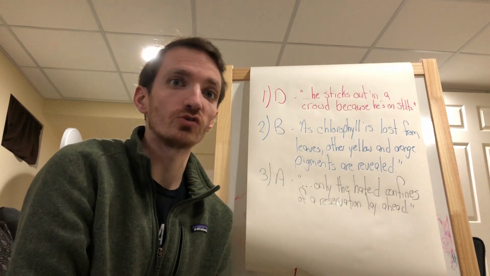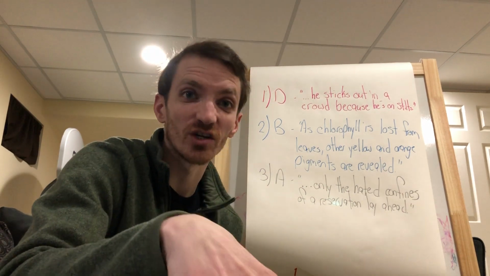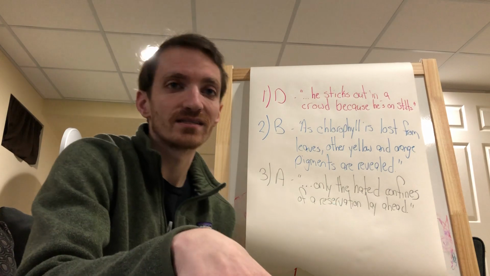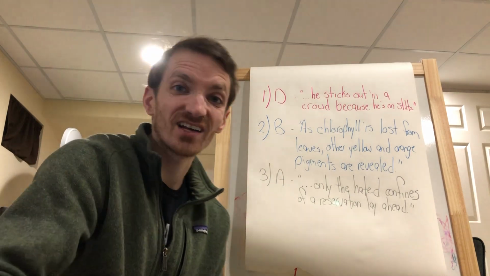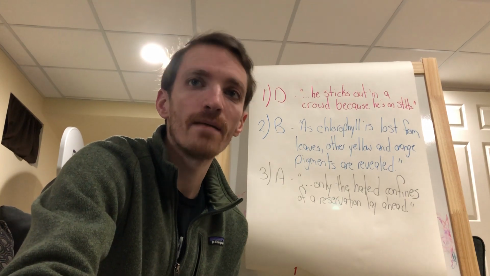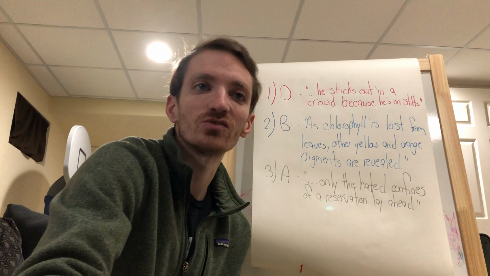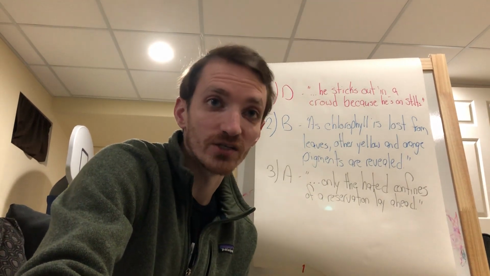So I can put those 2 ideas together and say they were confined or stuck to their reservation, so that makes A the correct answer. Kind of like we're confined or stuck in our houses right now. These men felt they were stuck on their own reservation, and that is why they had so much hatred.